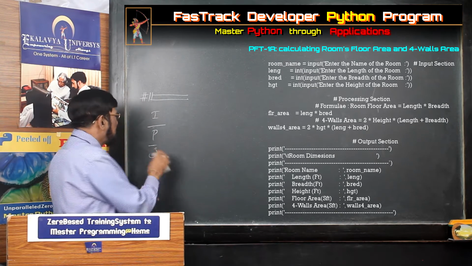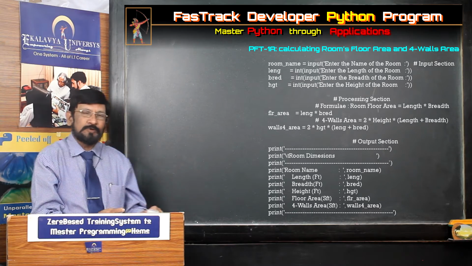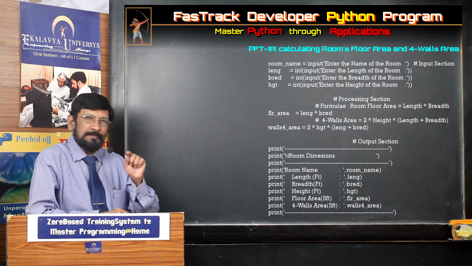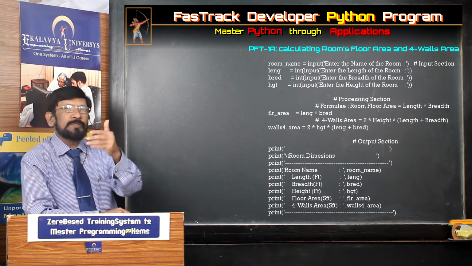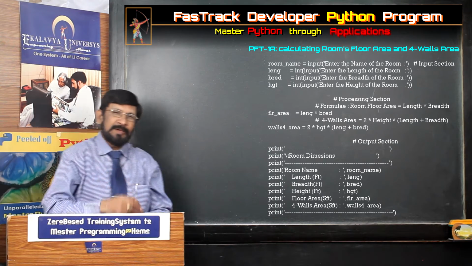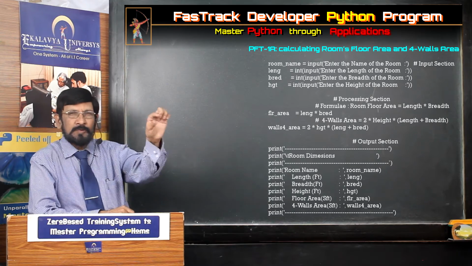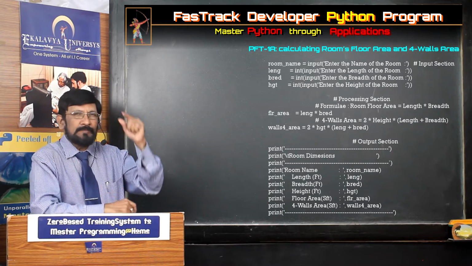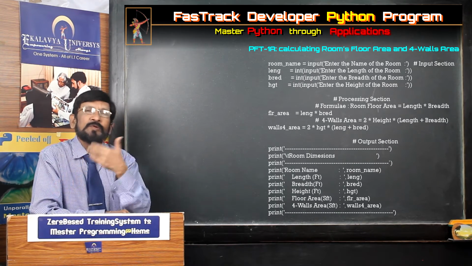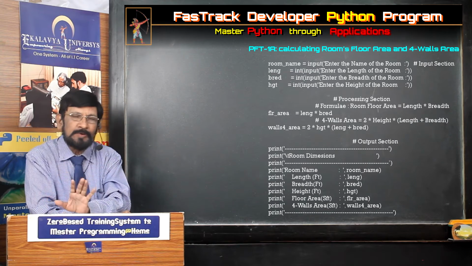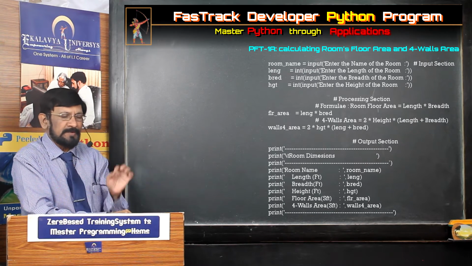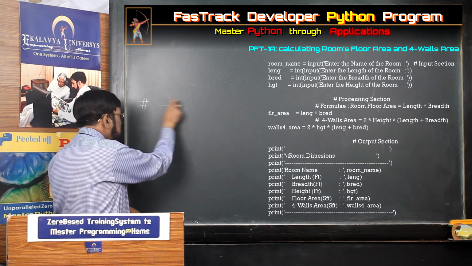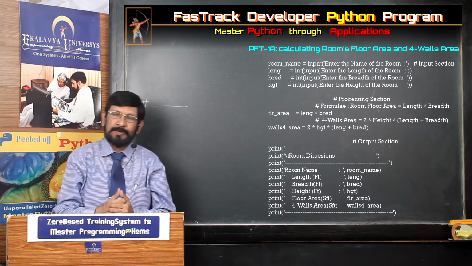One point you have to understand. If you remove all the comments also, the program works and gives the same result. But comments are meant to improve the readability of the program. Actually, in any document or chapter, if you remove all the headings or subheadings, the content is the same. You are able to understand. But why are you writing headings and subheadings? To improve the readability. What is the readability? You can understand. So, in this manner, in the documentation section, we write a comment. Every comment should start with the hash symbol. This is applicable for only one line. That point you have to understand.